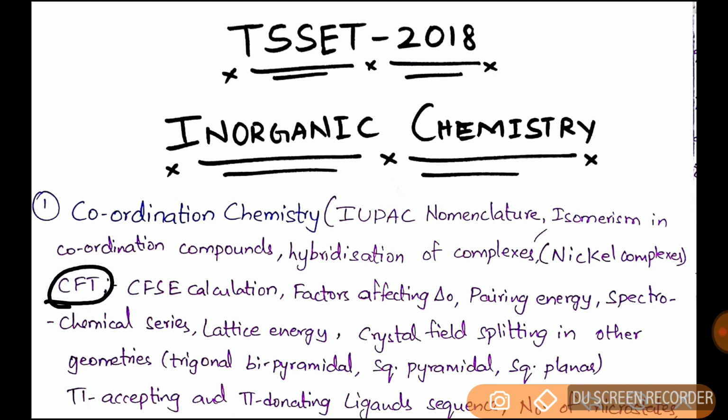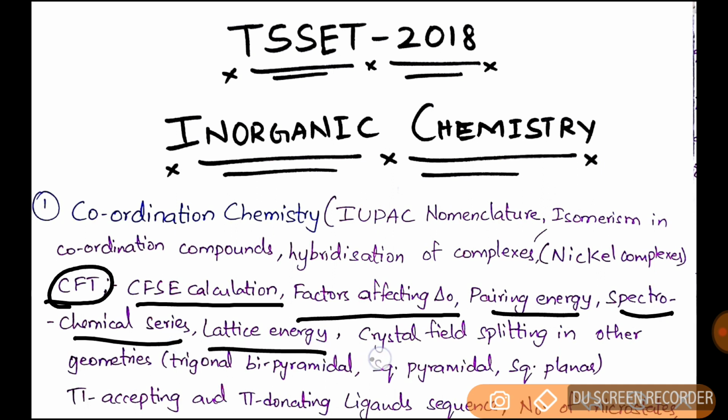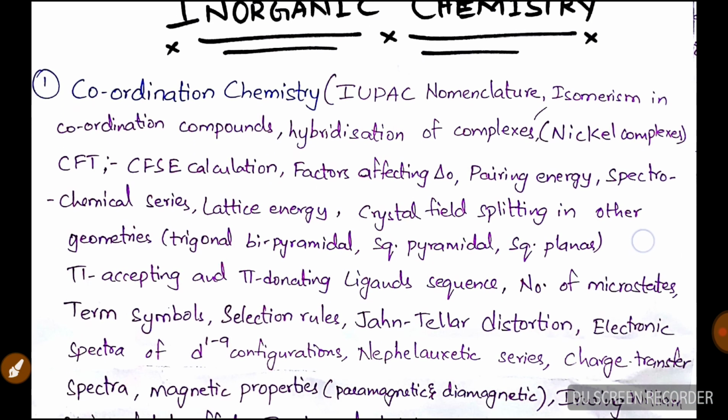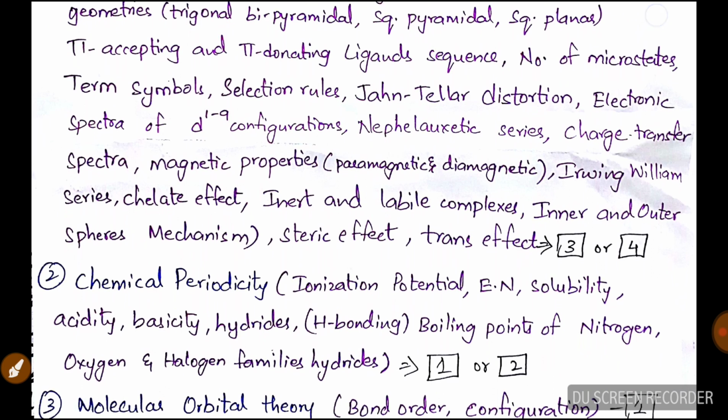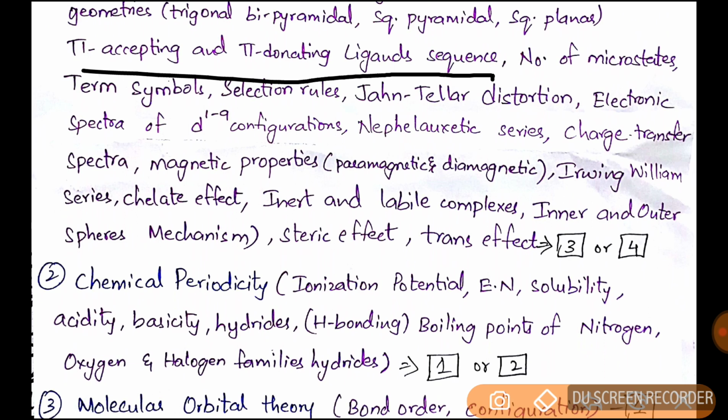In crystal field theory, you have to study CFSE calculation, crystal field stabilization energy calculation, factors affecting crystal field stabilization energy, and pairing energy, spectrochemical series, lattice energy of main group elements, crystal field splitting in other geometries like trigonal bipyramidal, square planar, etc. And then comes the pi accepting and pi donating ligand sequence, that is the order, and number of microstates,